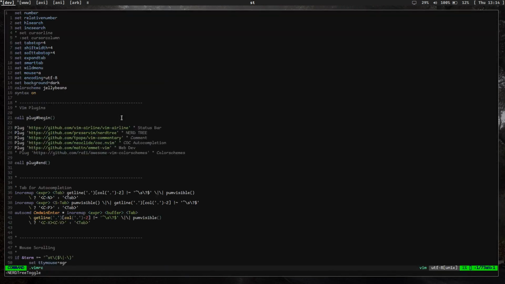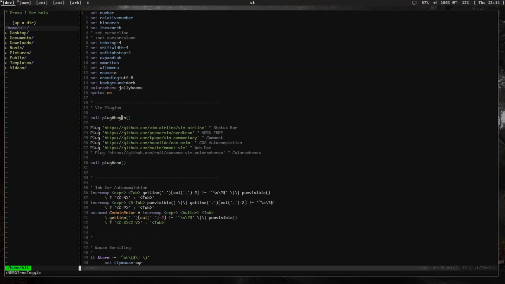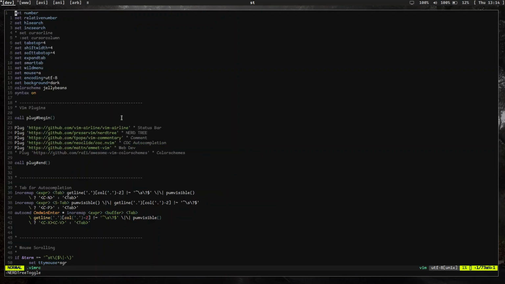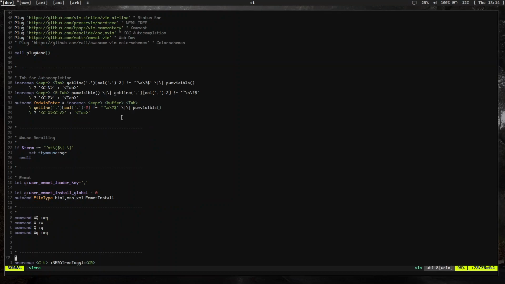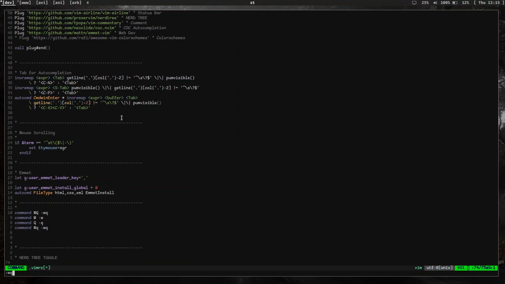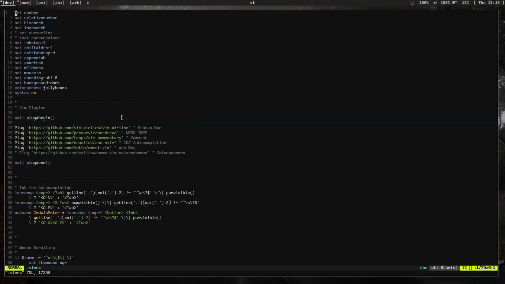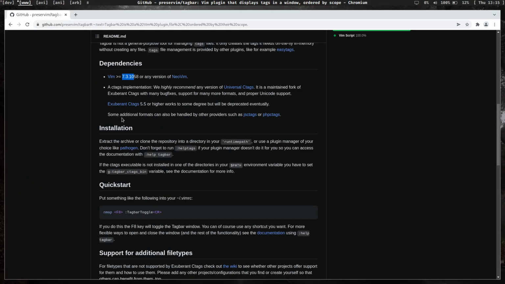Let's see if that works or not. Let's hope. If I do Control T, okay, and then again, so I'm using Control T to open and close NERDTree, just using that command, and the command is NERDTreeToggle. So that's that. And now I was talking about this